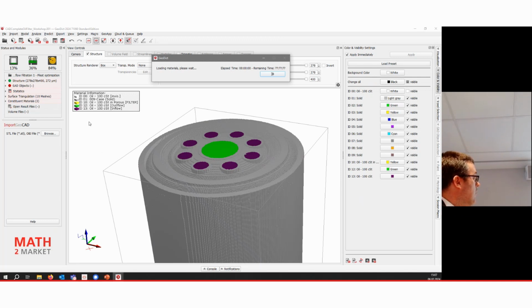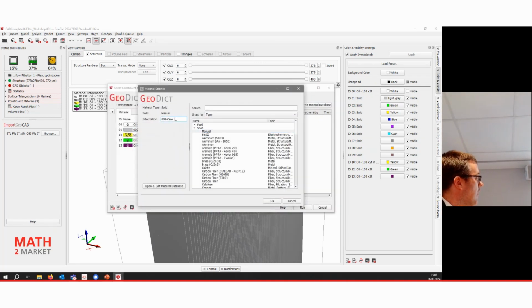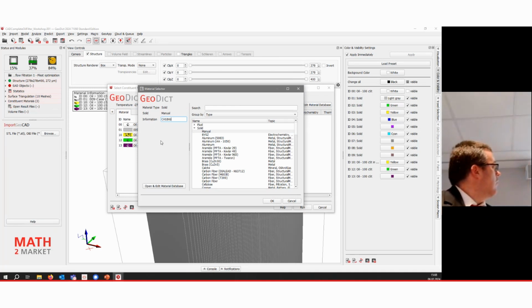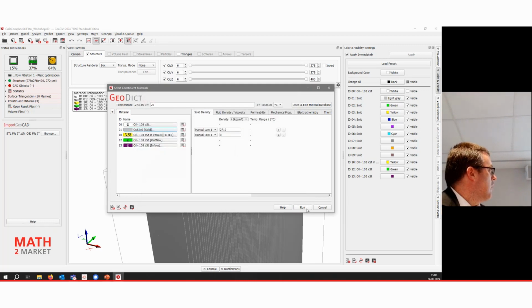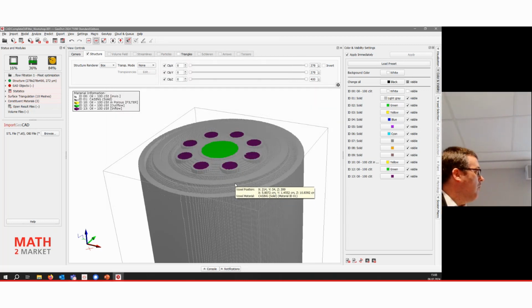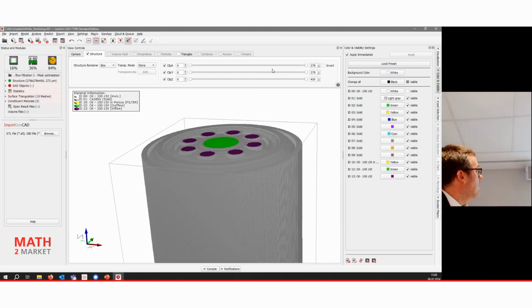That would not be the case. We could change it here in the material tab. We'll also rename that to casing. And let's run that. So that's already our structure. I can flip through that a bit again.